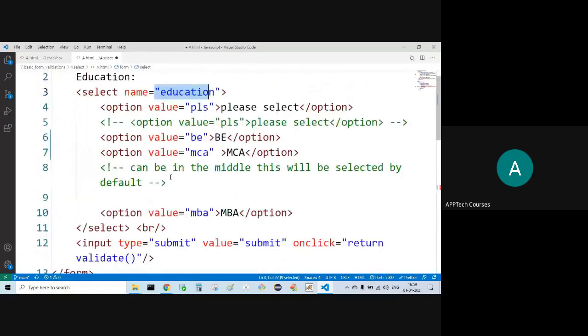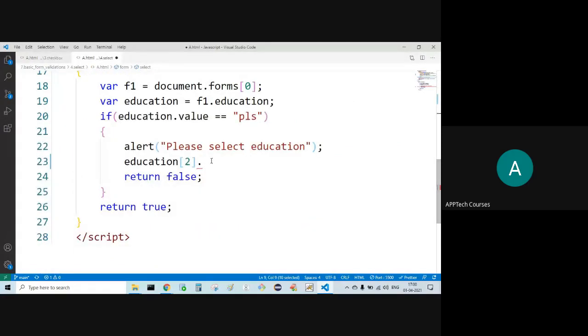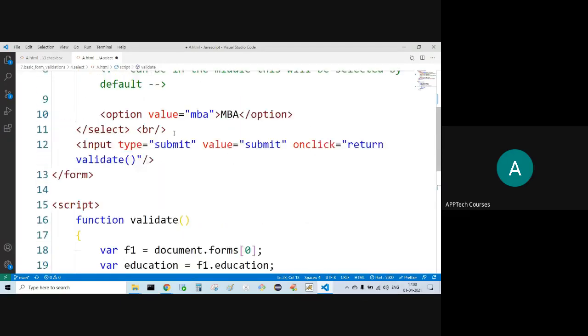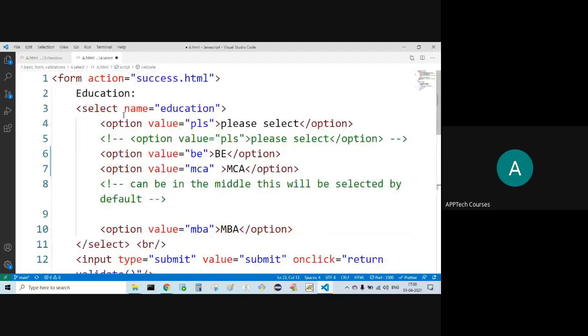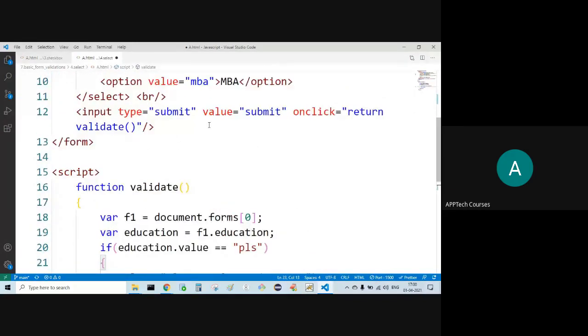Means option of education of 0 this option, education of 1 this option, 2 this option, 3 this option.